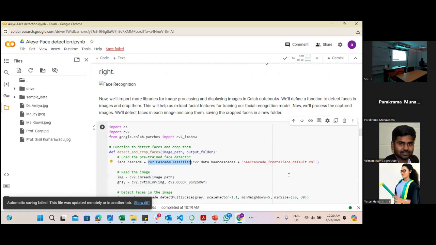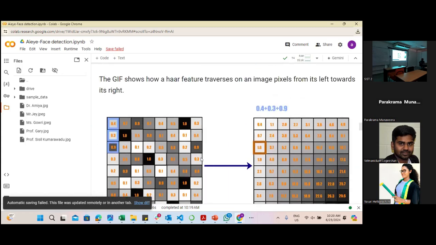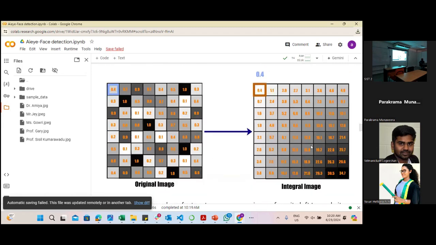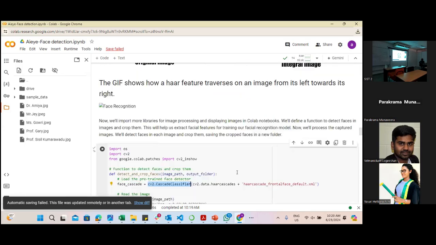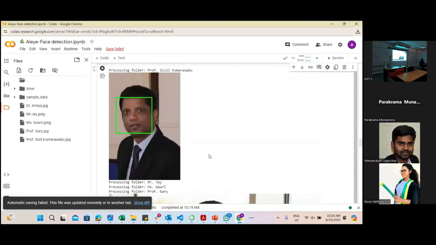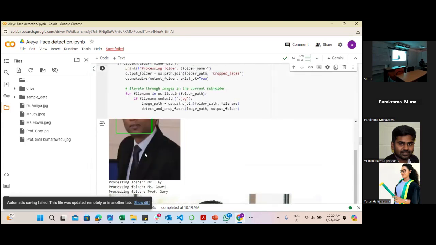But there are many other classifiers available in the library, right? So this is one method. There are multiple other methods available, and I'm using Haar cascade. Now Haar cascade means running through the image and putting the values over here, and the face feature values will be extracted from this image, and it will put the box around those values. That's all. So now if you execute the code and go here, you can see Professor Cecil Kumar Avadu's face